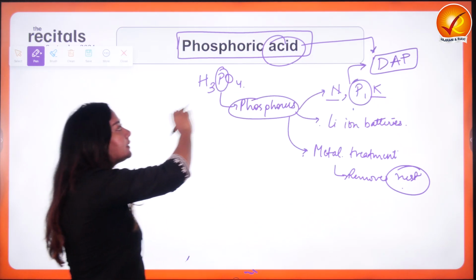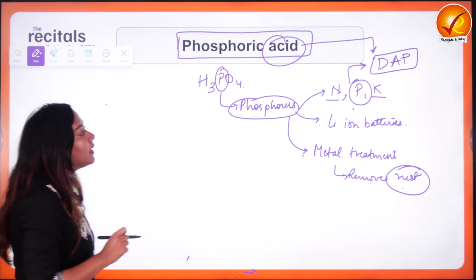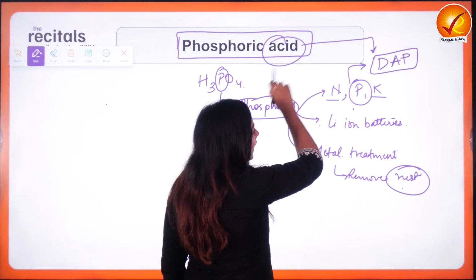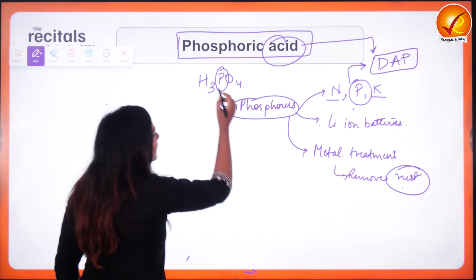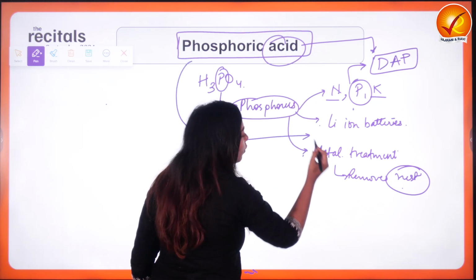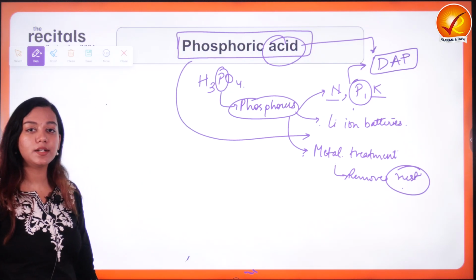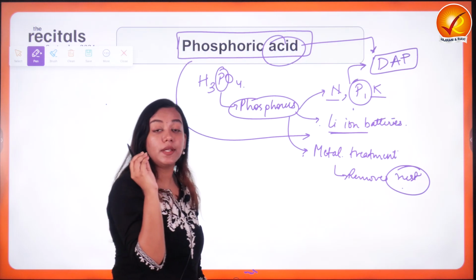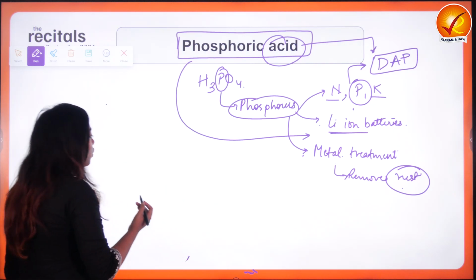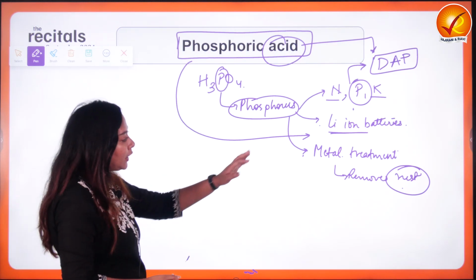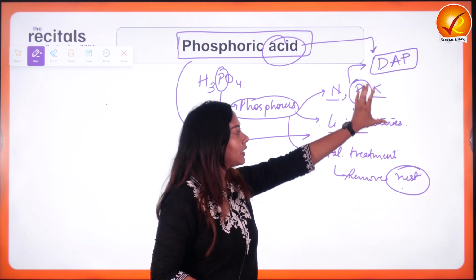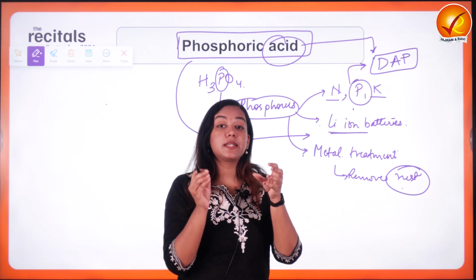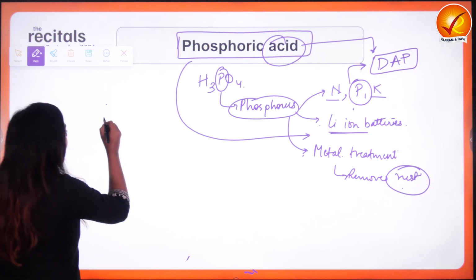Now, why is this a problem? Why is this phosphoric acid being utilized in the electric vehicles? Because it is useful in lithium ion batteries, which are the main drivers of the electric vehicles. So why is it a problem? If it is getting used over here, it is going to compromise the creation of DAP, because of its limited availability. So please have a look into it.